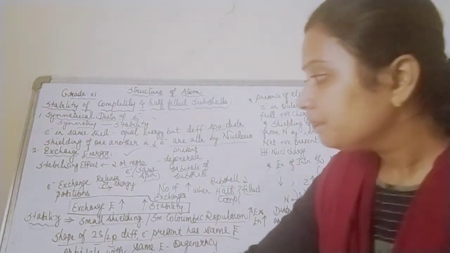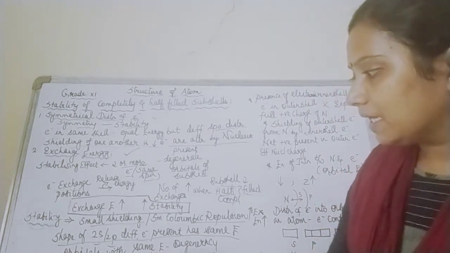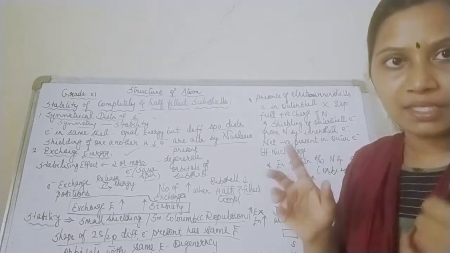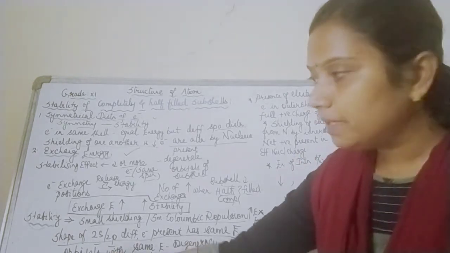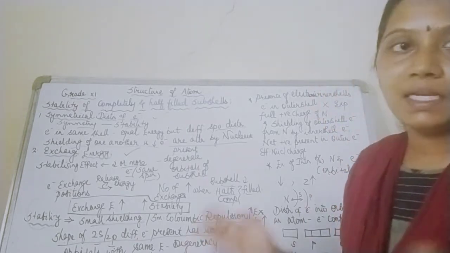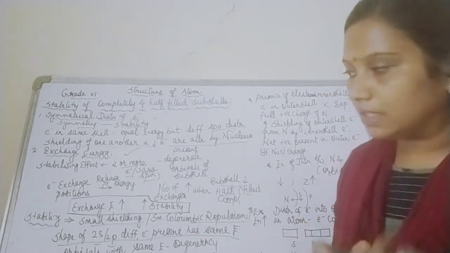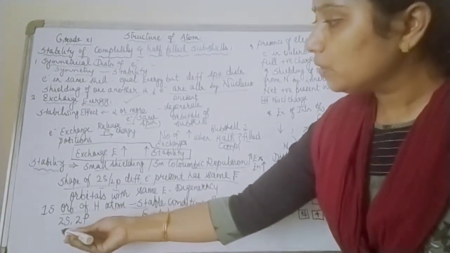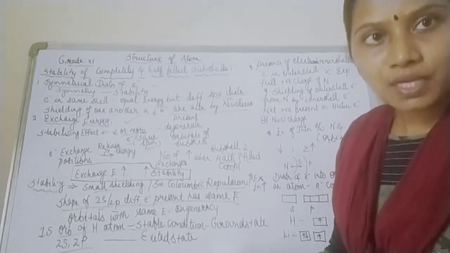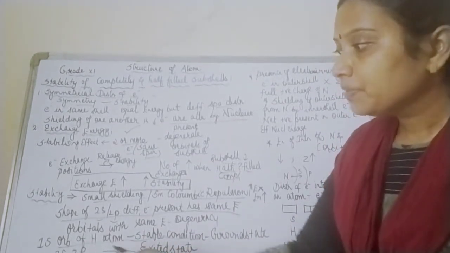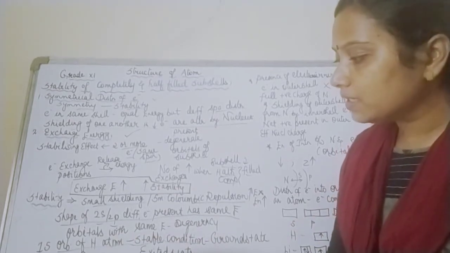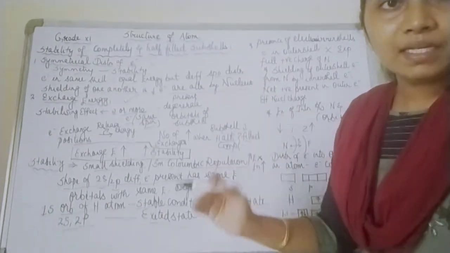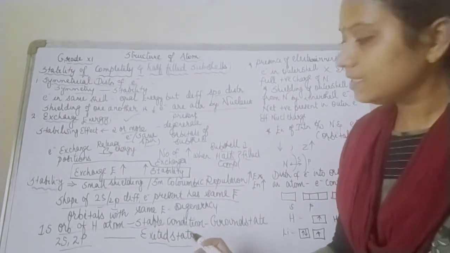For example, the 1s orbital of hydrogen atom is said to be stable, because the atomic number of hydrogen is 1, so it should be in the 1s orbital. It is in a stable condition, meaning it is present in the ground state. Now see the shape of 2s and 2p orbital. The shape is different from 1s and it is not in a stable position. I am going to call that an excited position. It has moved to a high energy state. That state is called the high energy state.